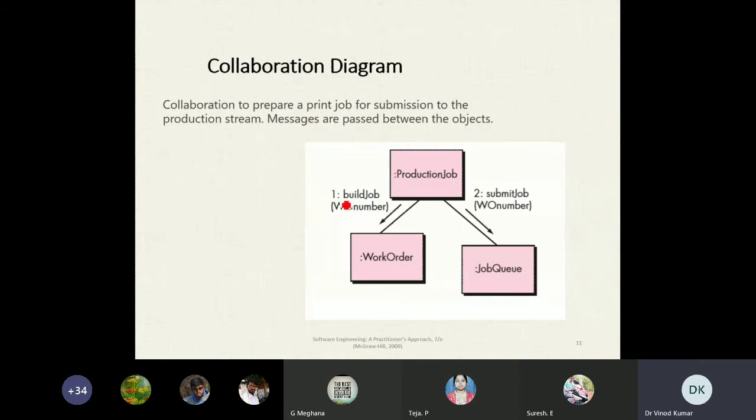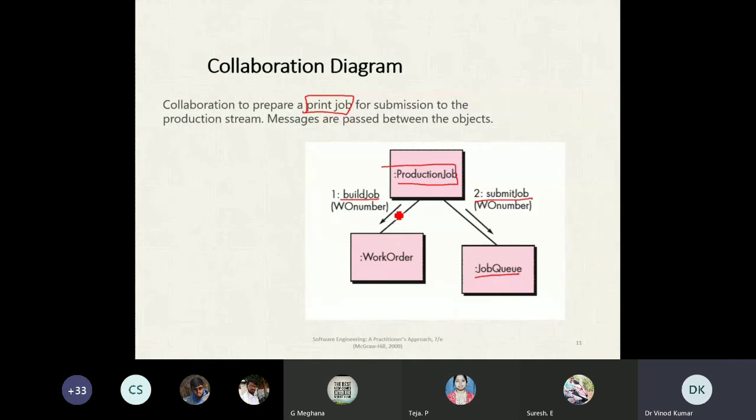First you can see build job, then production job, then submitted job, then job queue. This is the production job. Suppose this is an example of a print job, meaning you want to print something, you need to do printing operations.